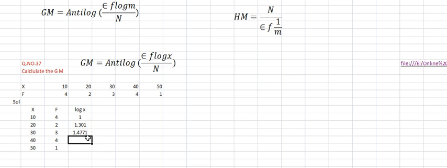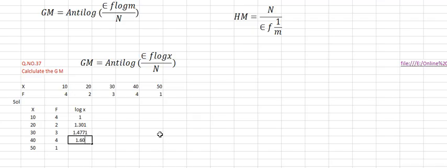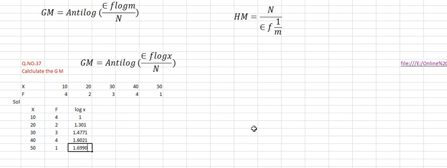Then 40 0. 40 means 2 place, 2 place minus 1 is 1. Then 40 0 you have to find. 40 0 is like this. This entire area is the 0 number value: 6021. 50 means 1 point. Take the 0 value, the 0 side is 6990. So these are the values. Remember how many places are here? 2 places minus 1 is 1. So 1, then after that you find the log table and write the 0.